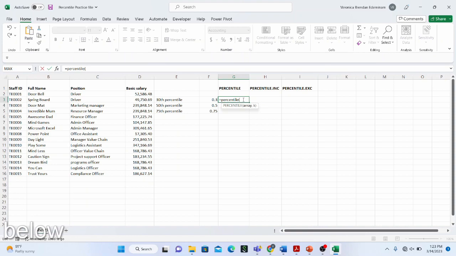So this is why there was a signal on the function. Okay. So the percentile function has two arguments in the syntax. The first one is the array argument, and the next one is the k. Okay, the array is the range of cells that you want to determine a certain percentile k for. In this case, the array of cells that we're looking for the percentile is the basic salary,